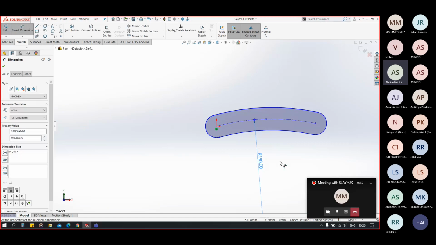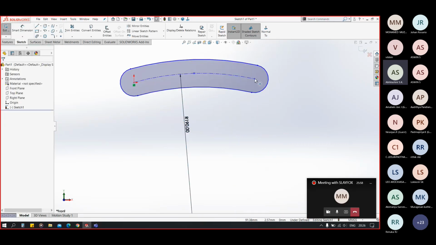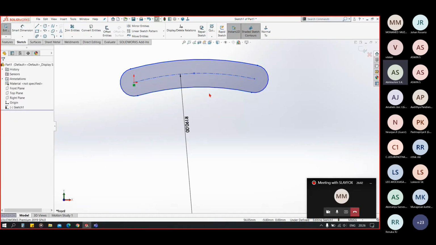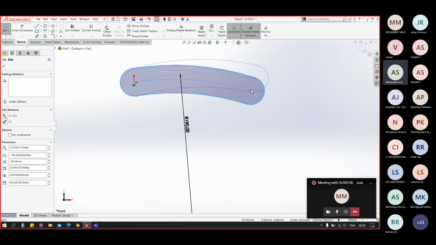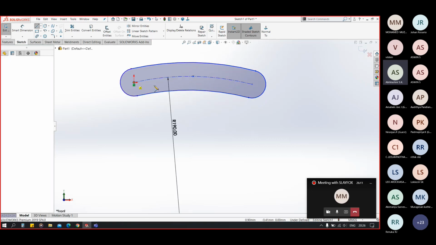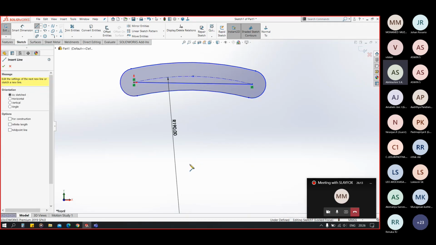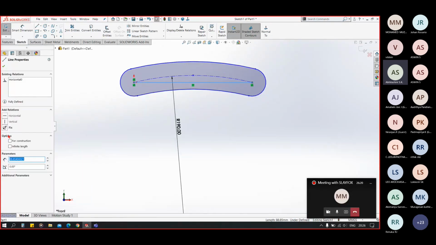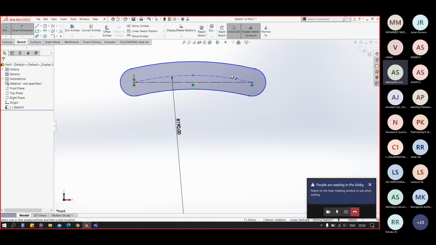Now I am making this sketch fully constrained for your reference. You can see I have drawn a horizontal line and made this line a construction line using this tick option of construction line, so that our arc should be in a horizontal manner.